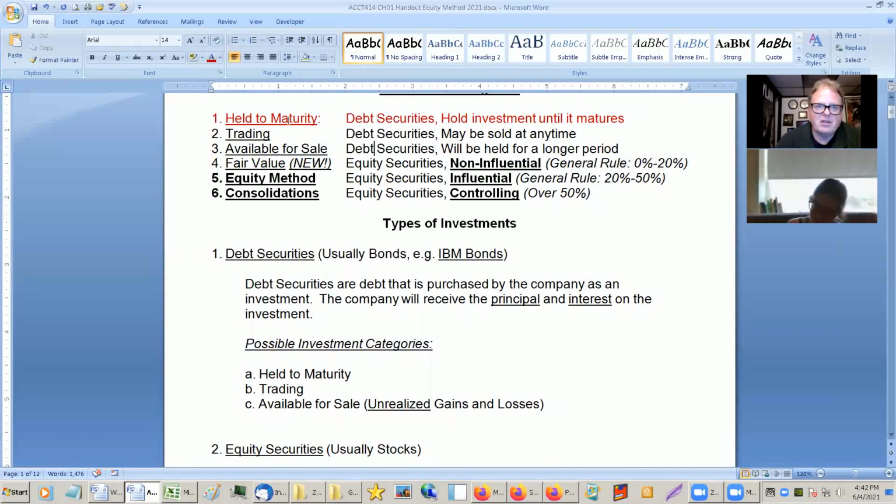I should also mention many of these are based on management's plan for it. So if management believes that they are going to hold these for 5 years, and it appears that they can do that, they're financially stable enough to do that, then they use held to maturity. This is only for